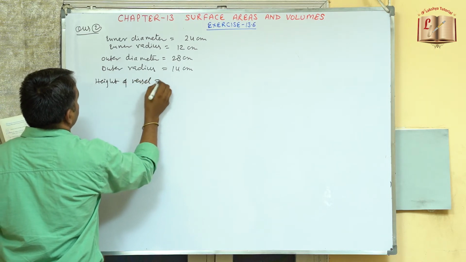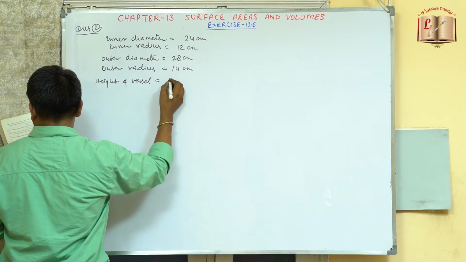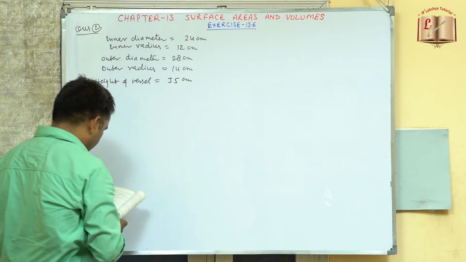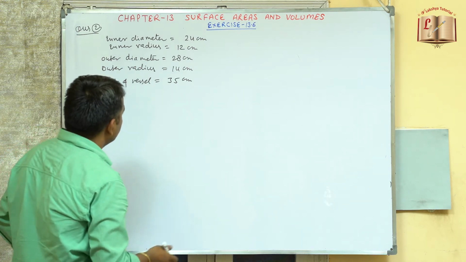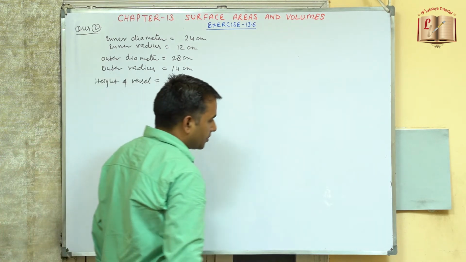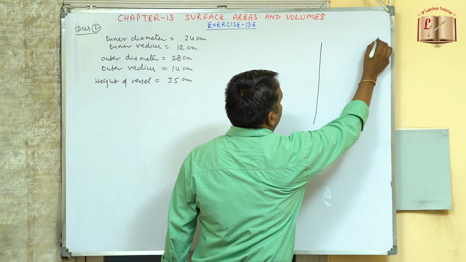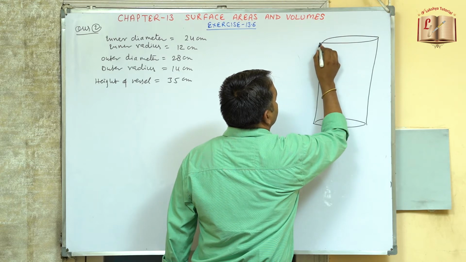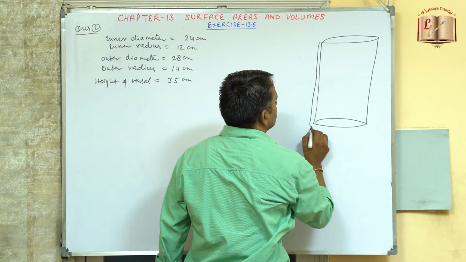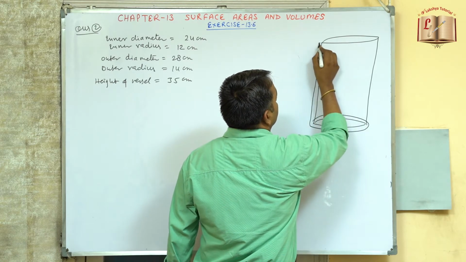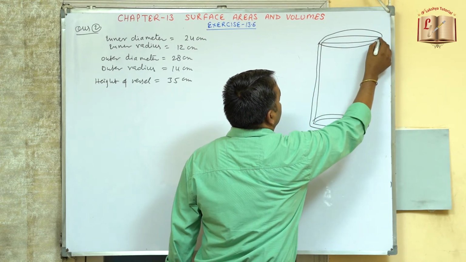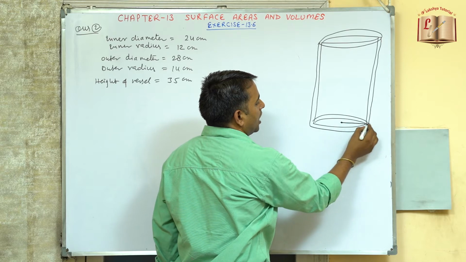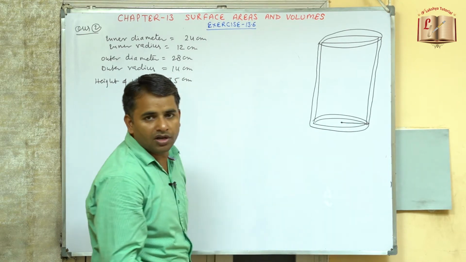Height of vessel is equals to 35 centimeters. Find the mass of the pipe. If 1 centimeter cube of the wood has a mass of 6 gram, so we need to find out the mass of the pipe. So mass of the pipe will be, now see, it will be the outer volume minus the inner volume. So that will give you the mass of this. So now this is given as the outer circle, and for here also this is now the outer one, and this is the outer one. So अभी हम क्या करेंगे यहाँ पे, outer volume minus the inner volume.